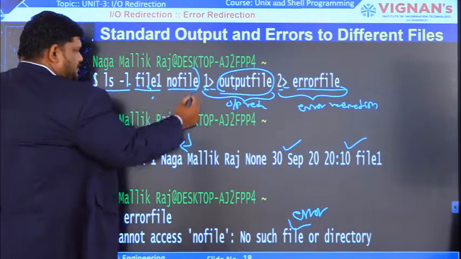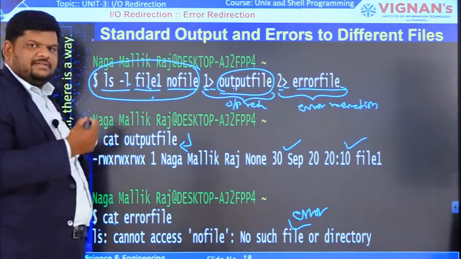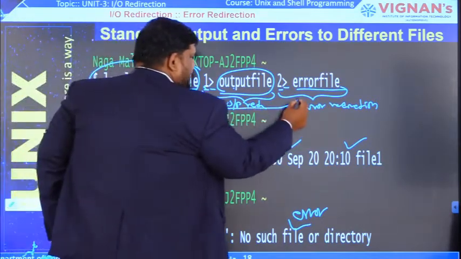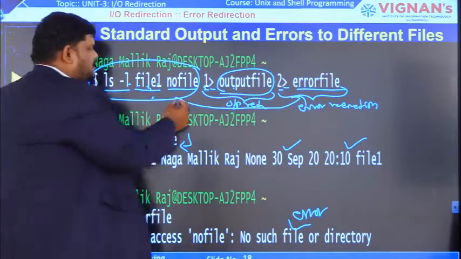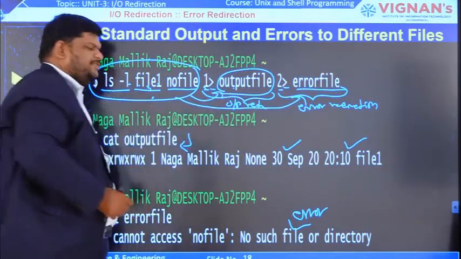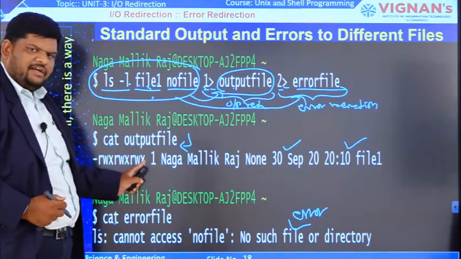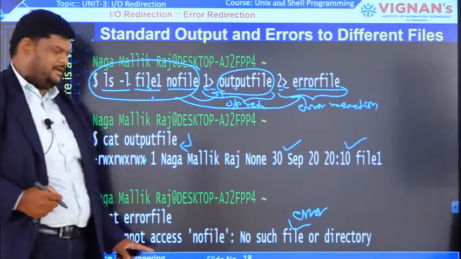If any error is encountered, that error message is redirected to this one. If any output comes, that output is redirected to this file. We already saw that the content in the output file is standard output, and the content in the error file is standard error.